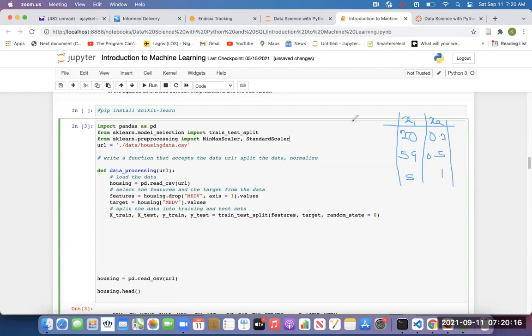So if you want to use MinMaxScaler, what it does is it's going to work on each variable separately.